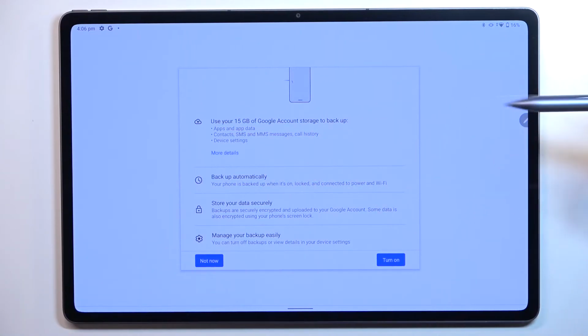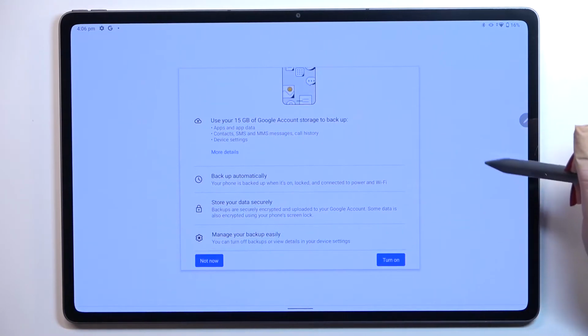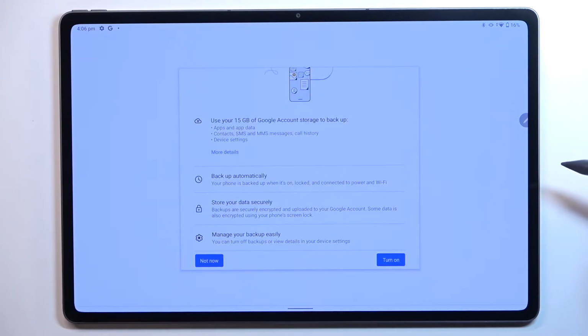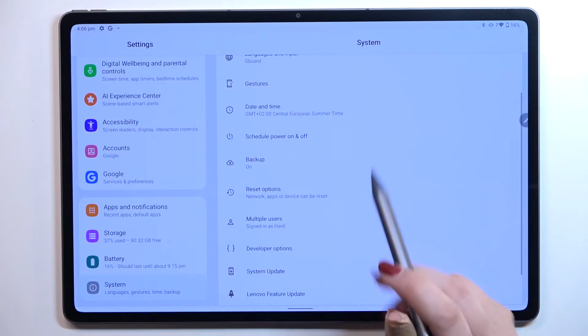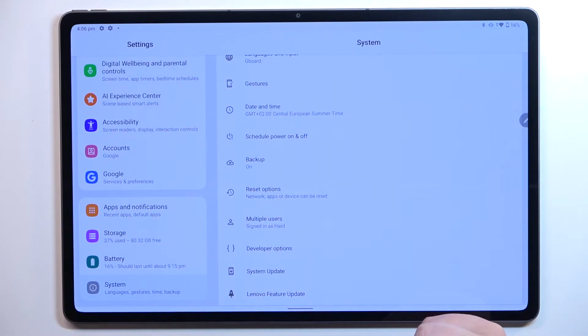Here your device is telling you that it will back up the data automatically, will store it securely, and you will be able to manage your backup easily. So if for some reason you do not want to back up the data right now, just tap on not now, and as you can see you will simply go back to the system settings, and of course after deciding